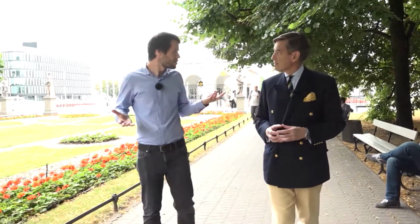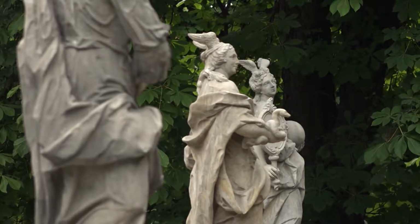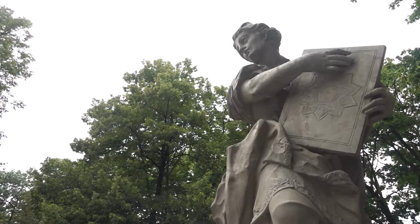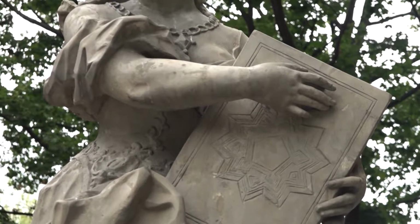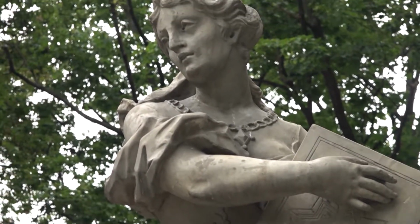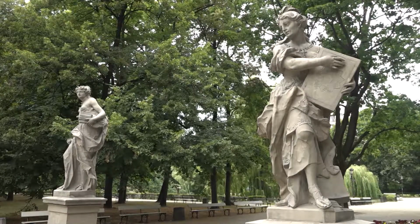Yes. So there was the main baroque rococo palace, and at the back there were 70 statues. 70 statues which used to be the allegories of different sciences, of different gods and goddesses, Greek and Roman, and symbols of architecture, of painting, and so on and so on. So to show the whole complexity of culture and mythology and all those contexts. Right. Okay. And those 70 sculptures used to be here initially, but after the demolition in